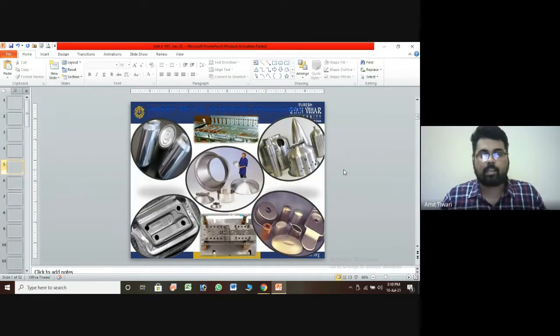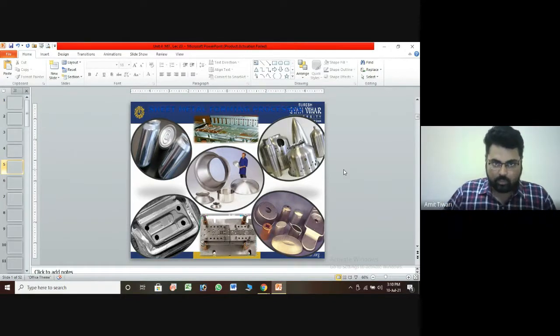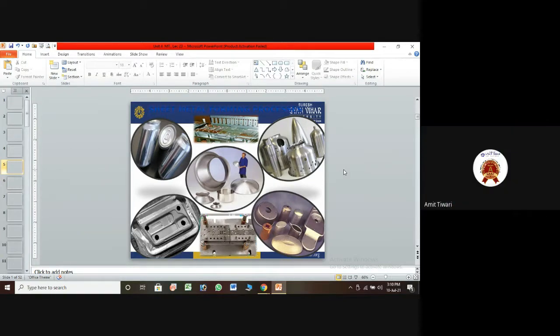These are some applications of sheet metal processes, as you see in this diagram. All of these diagrams are shown in the figure. These products are fabricated with the help of sheet metal processing. The design of the punch is like this, and you can apply it to a plain sheet and convert it into this product through the formation of sheet metal processing.